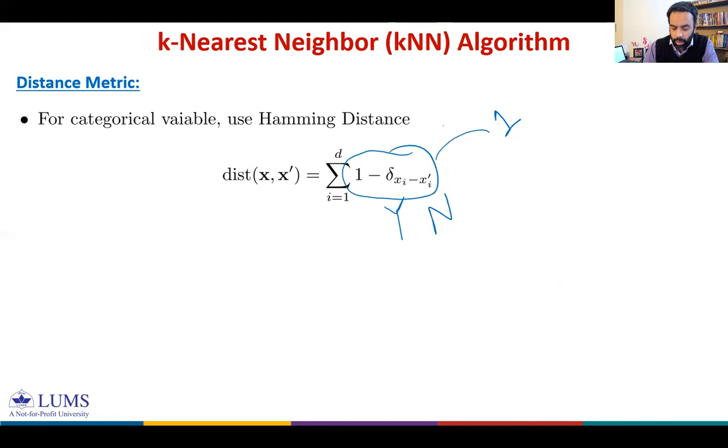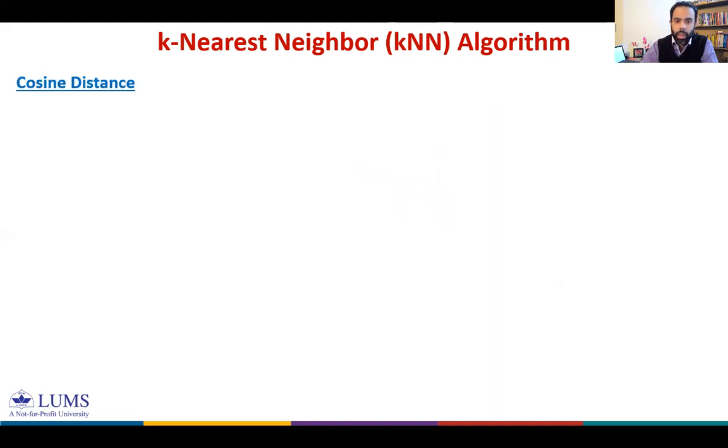Okay. Now I'm going to talk about one important distance, what we call cosine distance. Although cosine distance does not satisfy those four properties, we still use it. Cosine distance is used to find the similarities between different documents or different vectors. For example, we measure the degree of angle between two vectors, and we use this cosine distance when the magnitude of the vectors does not matter, but only the orientation, because this cosine distance tells us the angle between the vectors.